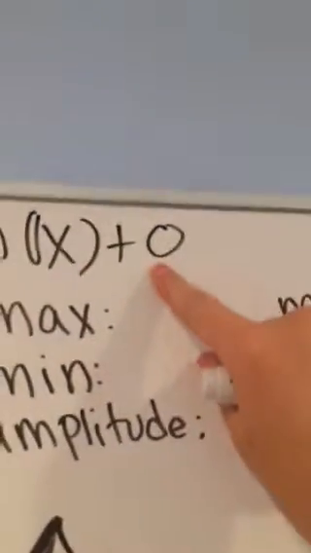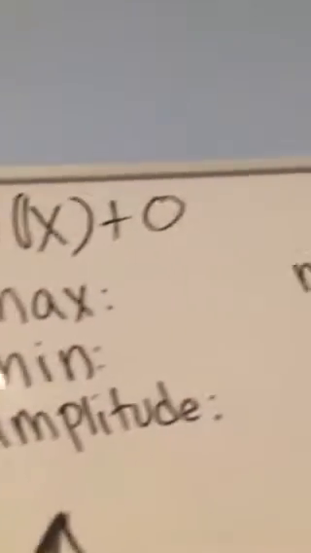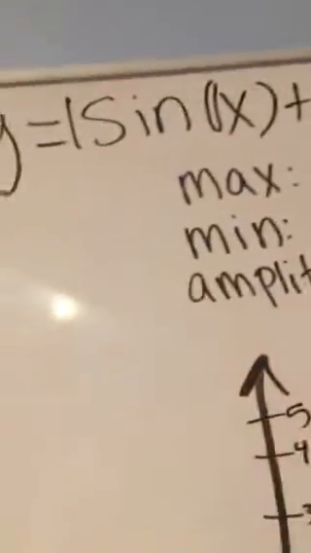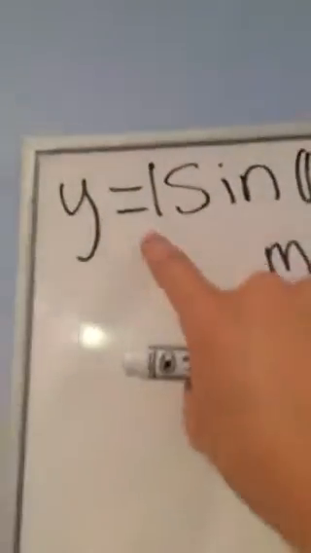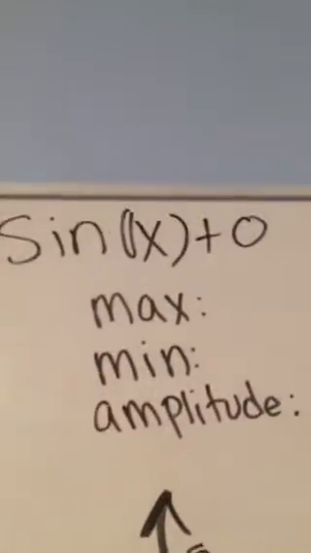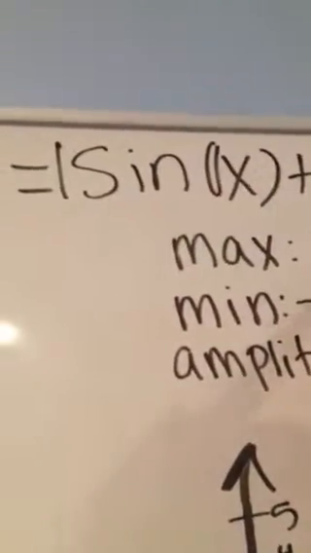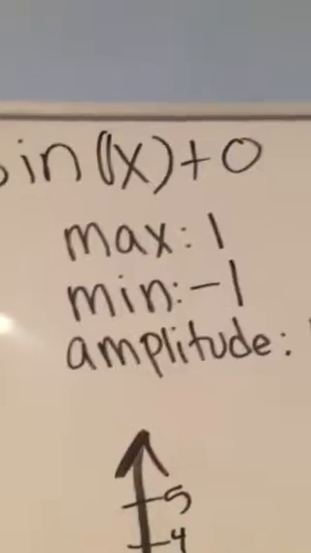And so this number right here is our midline. So that means our midline is 0. And the amplitude, which is given by this number here, is 1. And that means that the maximum, you just go up 1 from 0, so it's 1, and then down 1 from 0, so you get -1. And the shift, there's no shift,